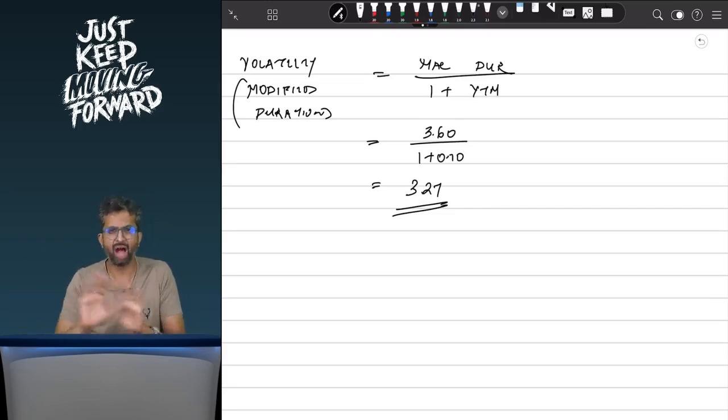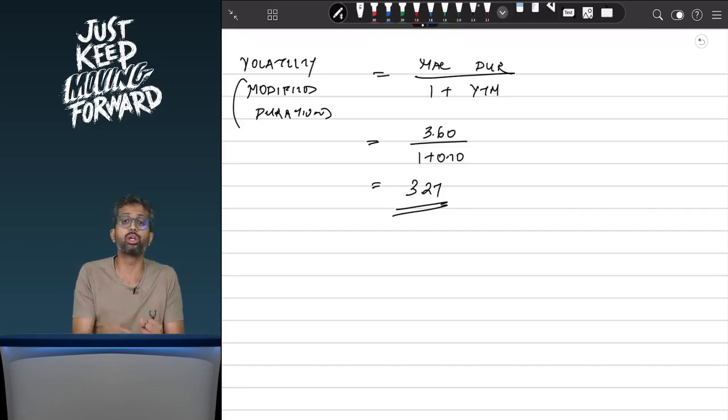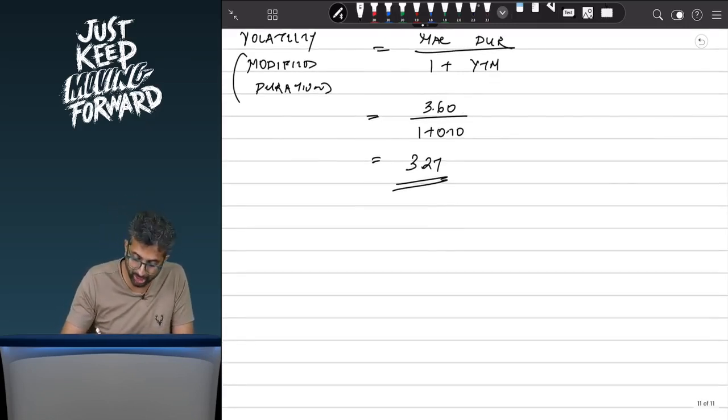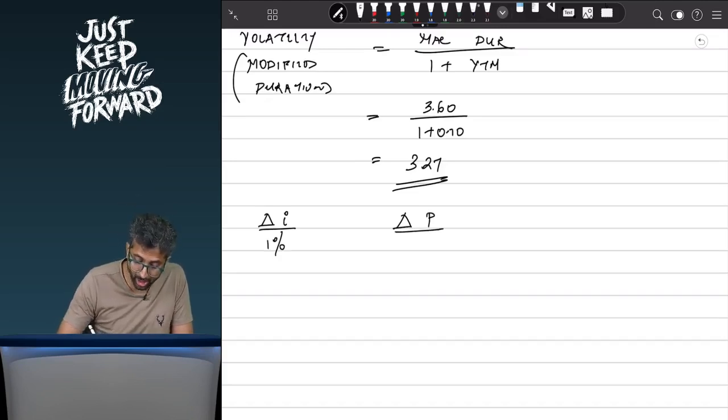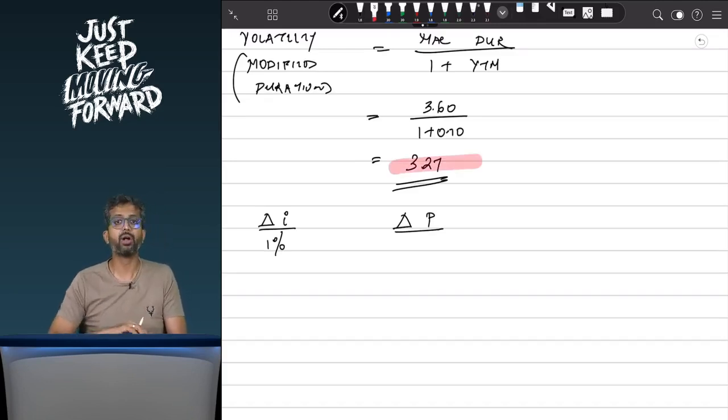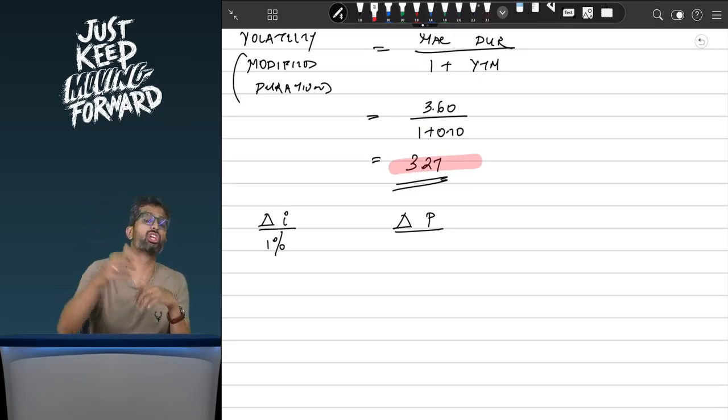Technically it is years, however now we are using this volatility in order to find how much the bond price will change. This is fairly complex. However, if you do sums, I'm pretty sure you will get a hang of this. So over here, this is 3.27. So what does it mean? It means that for a particular change in interest rate, delta I, the bond's price will also change. So if the interest rate changes by 1%, bond price will change by how much? By 3.27. Like if beta is 3.27, it means that if Nifty changes by 1%, your stock will change by